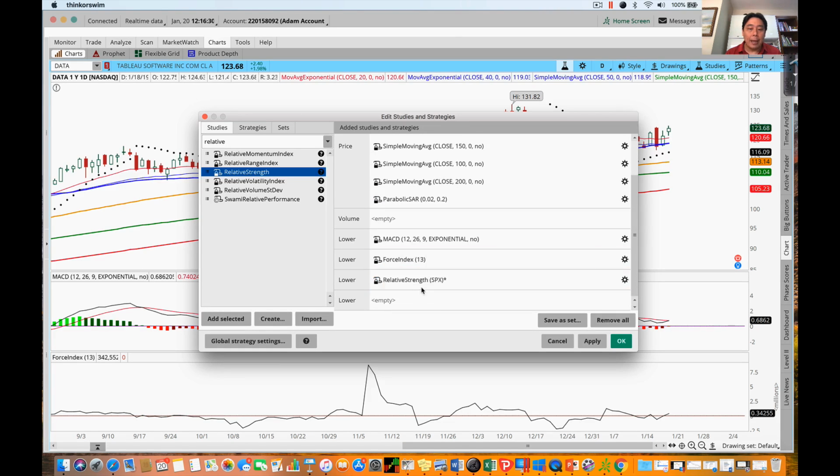Now, bear in mind, this is not RSI. RSI stands for Relative Strength Index, which is something completely different. This refers to relative strength of the stock compared to the S&P 500. So we are basically seeing how strong the stock is compared to the rest of the market. So that's what's key about this indicator. So click on that, and